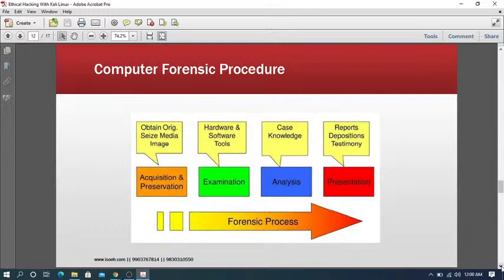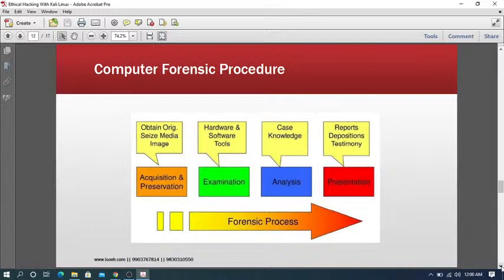Once we create the examination lab, then we need to go on to analyze the case. So using the forensic workstation, that is, the hardware and software both included in the forensic examination machine,